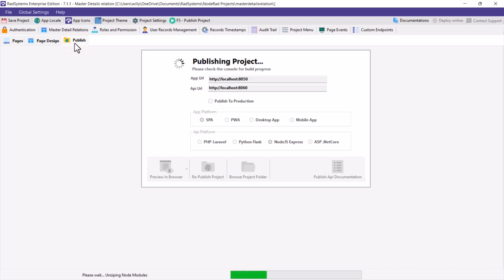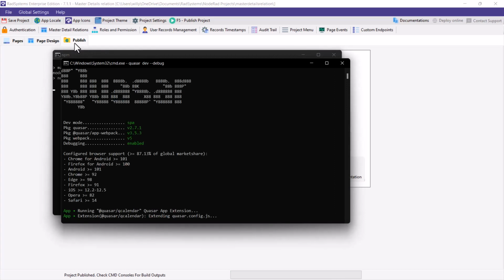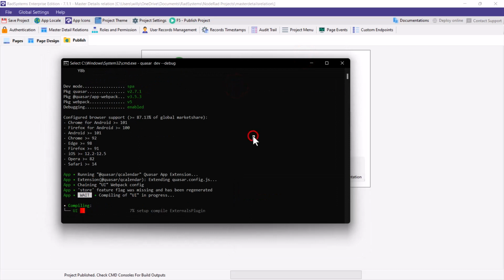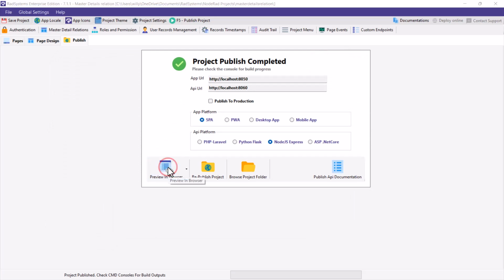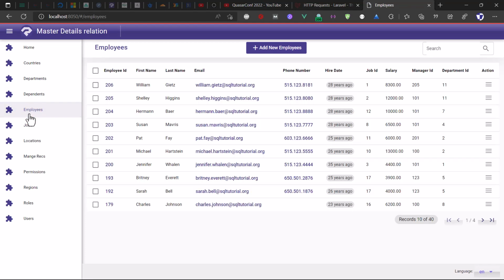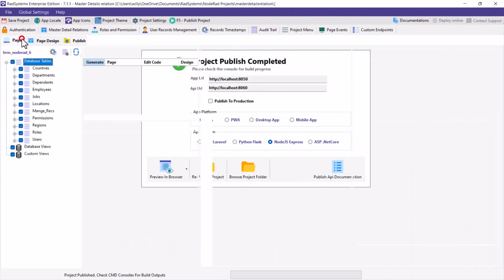Now we publish for the first time before we start with our configurations. Next, I will start by removing all unnecessary menus.